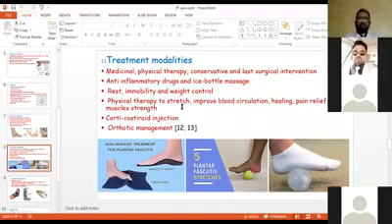Physical therapy helps to stretch, improve the blood circulation, leads to prompt healing, relieve the pain, and also strengthen the muscles to maintain the arches. There are certain injections that can heal the pain or to reduce the inflammation. Corticosteroid injection can also be used related to plantar fasciitis. And lastly, which is the most important and which I will discuss